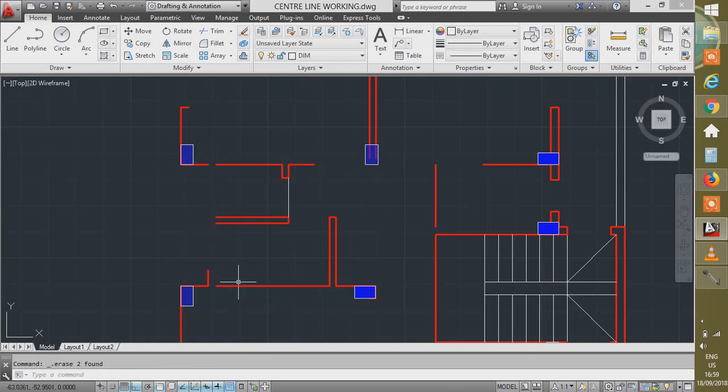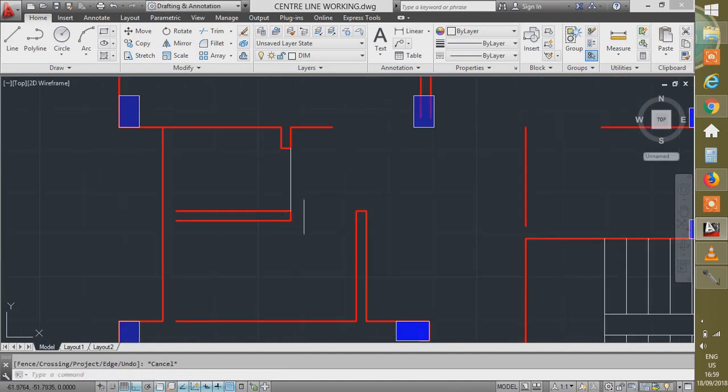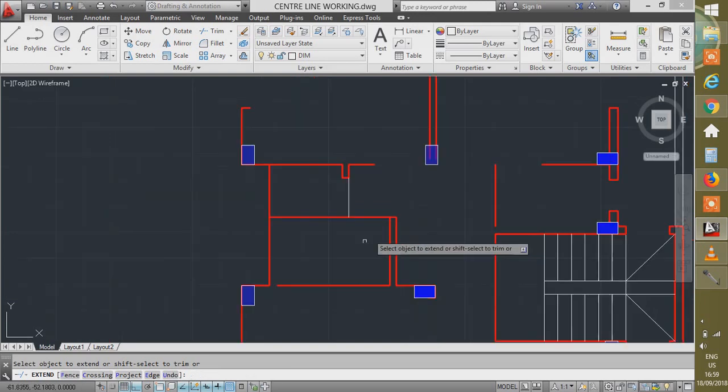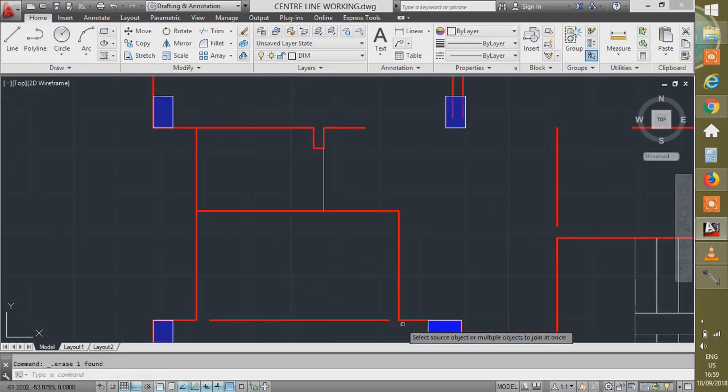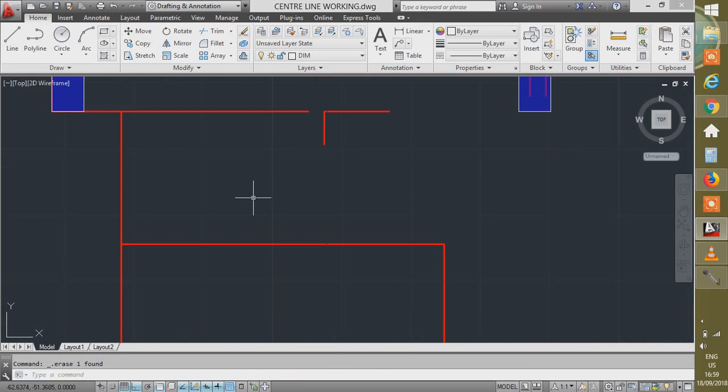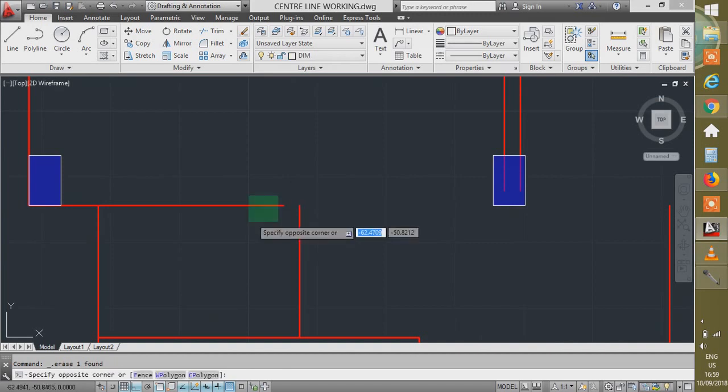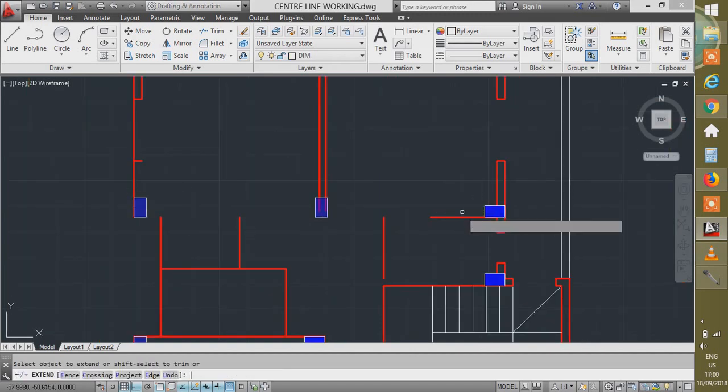It's a good practice to work like this, because whenever you are working on any kind of drawing, one should get each and everything correctly and precisely. So I'm doing this kind of thing because in a center line plan no one is interested to see the dimensions or sizes of the wall thicknesses. We are just interested to see what exactly the center to center dimension of the column is. So now I am going to present